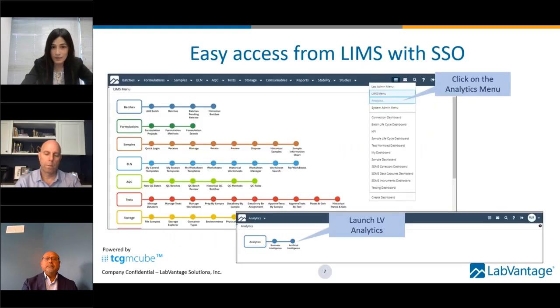Now, this is the best part. You're going to like this. So to provide a seamless user experience, the analytics module offers a single sign-on with the LIMS and can be directly accessed from the LIMS menu. So our scientists don't have to feel that they're going into a different system. It's just an extension of what they are already using. The users and their access control can be defined in LIMS, and this information flows in seamlessly to the analytics module.